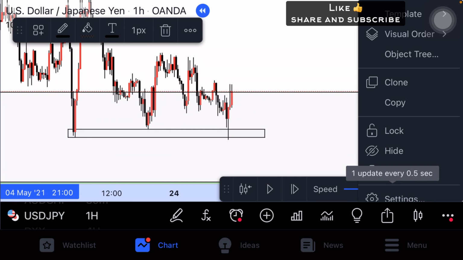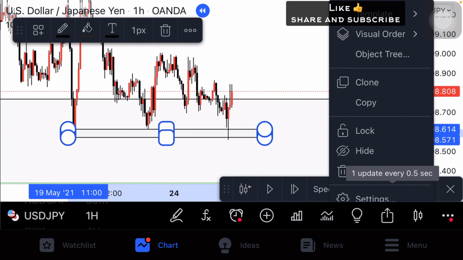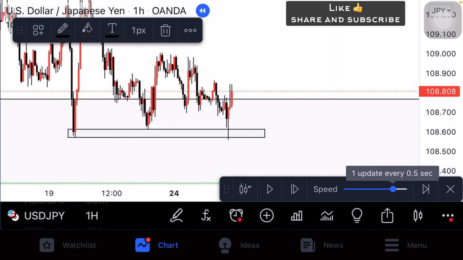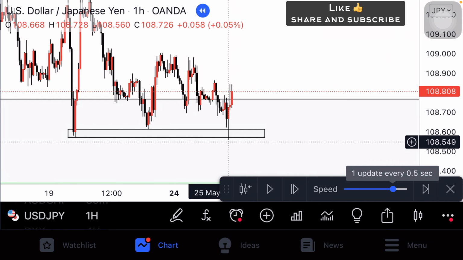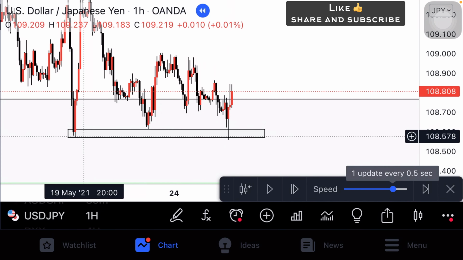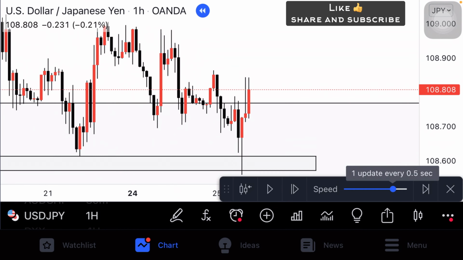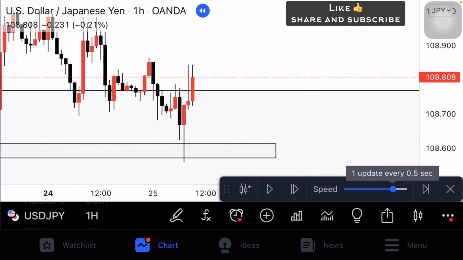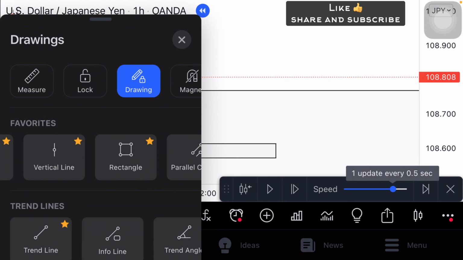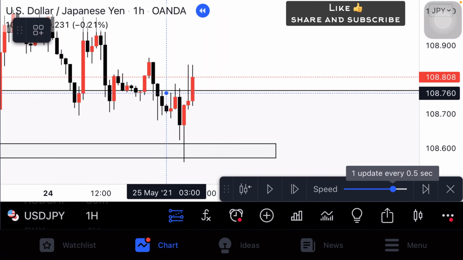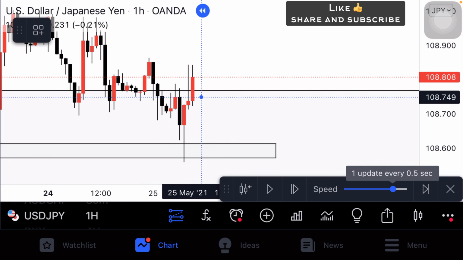As you can see, there's a small wick here. This wick actually took out all of this liquidity. So now, because we got that, I'm going to now look for my entry, which is going to be a buy right here at this order block,